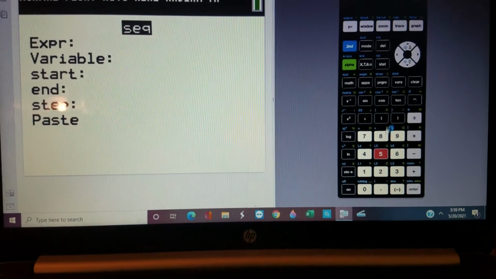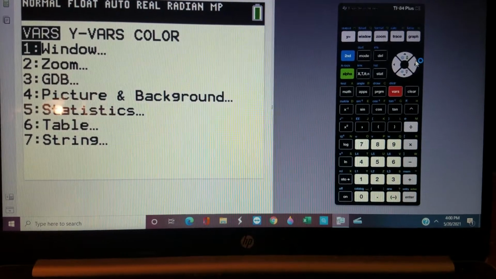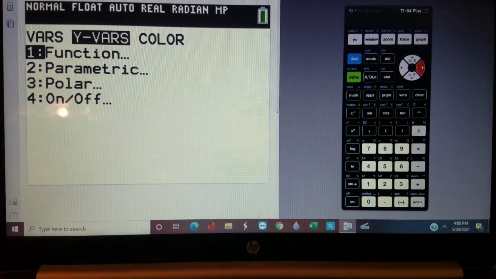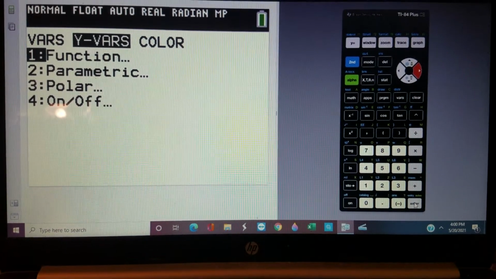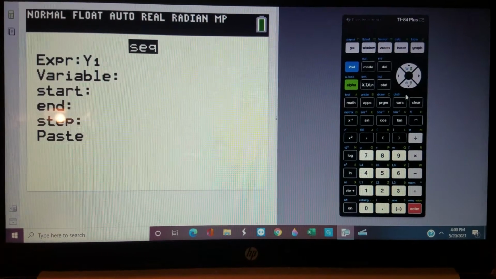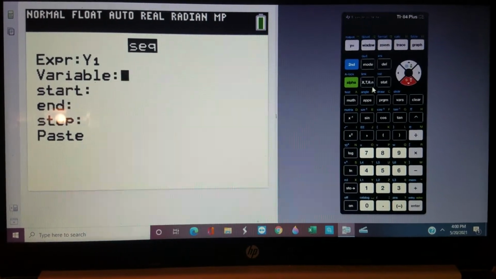Expression, that's in my vars, y vars, and it's y1. My variable is x,